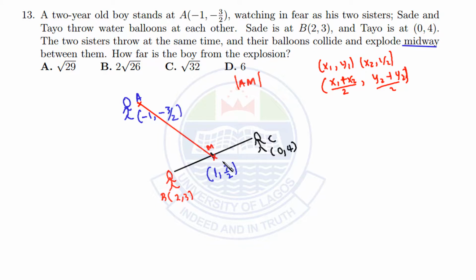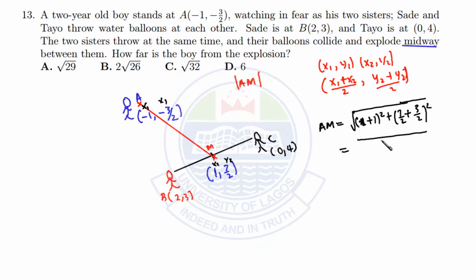Now let's try to find the distance between this point and this point. So let's call this point here x1 and y1, and let's call this point here x2 and y2. And if we use our distance formula, every one of us should remember our distance formula. So if we calculate the distance between A and M, we get the square root of 1 minus 1, that's x2 minus x1, that's 1 plus 1 all square, plus 7 over 2 minus, that's plus 3 over 2 all square, which